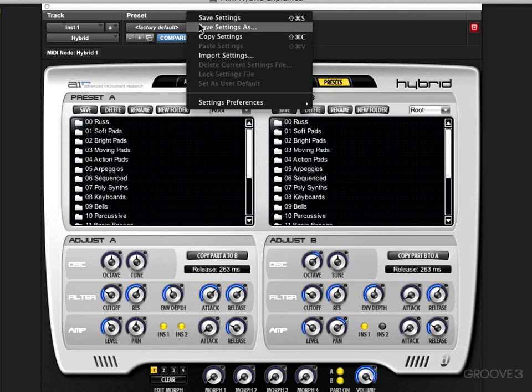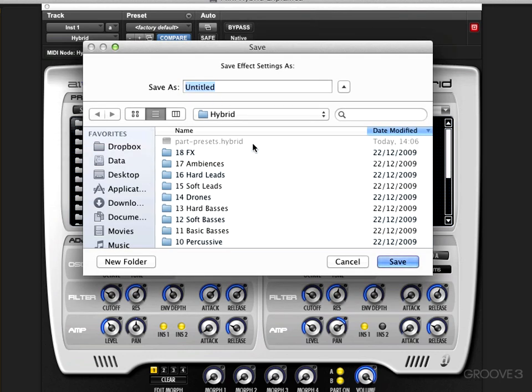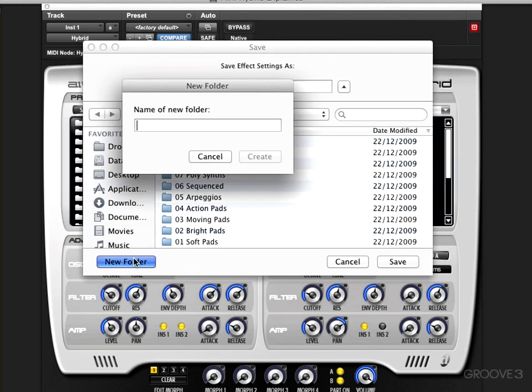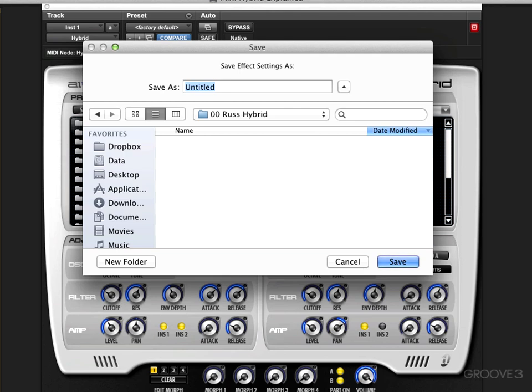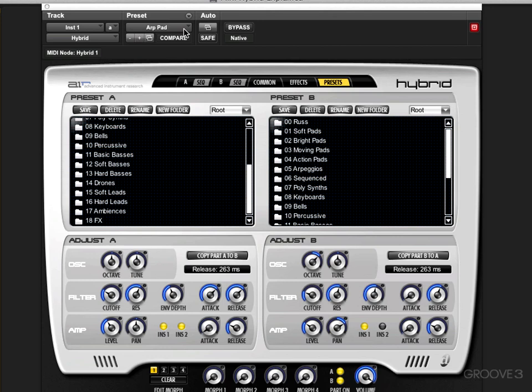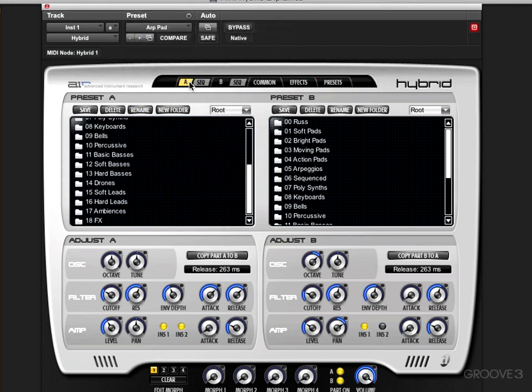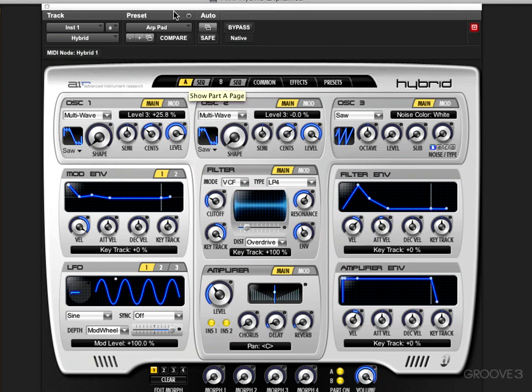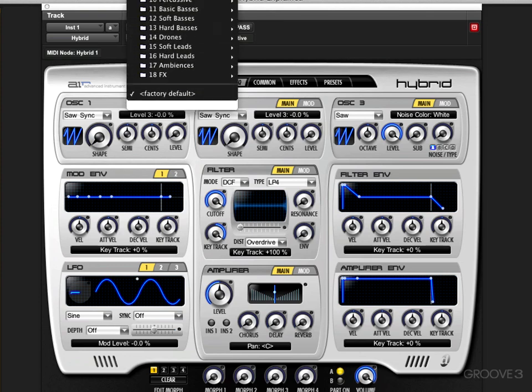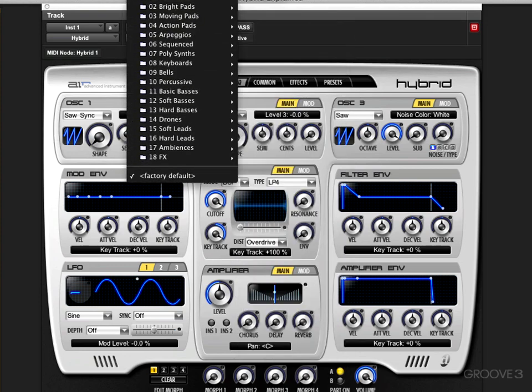go here, save settings as, and again I could create a new folder, 00 Rust Hybrid. I'm going to call this ARP pad. Now here is a folder called Rust Hybrid with ARP pad in it. Now that's the entire state. So we come back to basics again, factory default. Can come up here and very quickly get to my